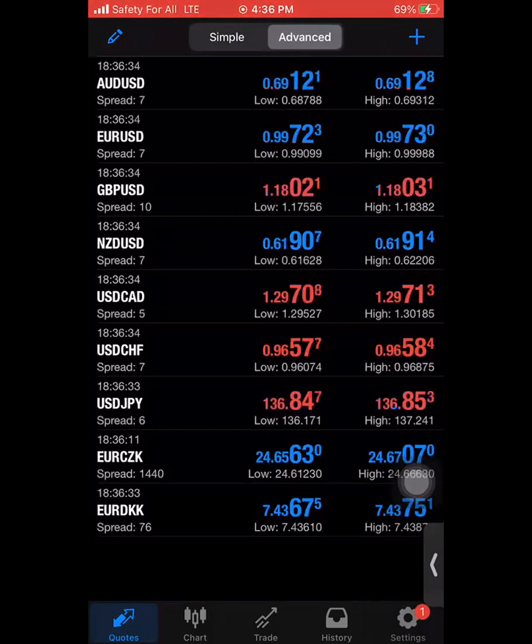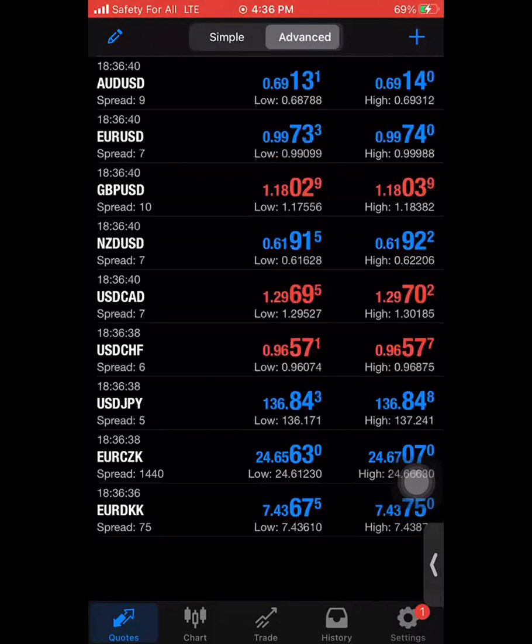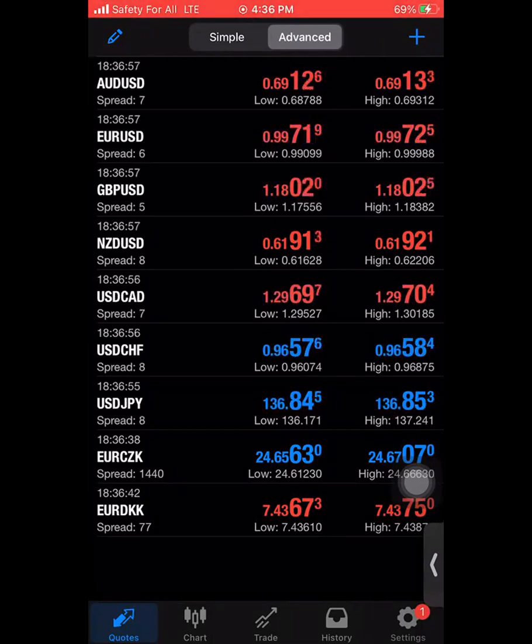The advanced shows you what we call spread. Simple doesn't bring that noise, but I like the advanced. You can always see your spread under each currency pair. AUD USD, these are forex pairs. Now, because we mainly do crypto, one of the first things we're going to do is click on the pencil